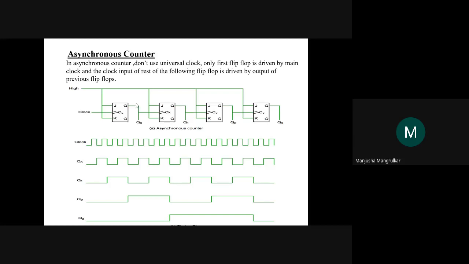So this is the asynchronous counter, because the clock is not universal, not the same to all flip flops, right? The clock is just given to the first flip flop to drive, and the output of that flip flop will act as the clock of the other flip flop, right? So now how will we get the waveforms for this? This is a 4 bit counter, Q0, Q1, Q2 and Q3, right? This is your LSB and this is your MSB.